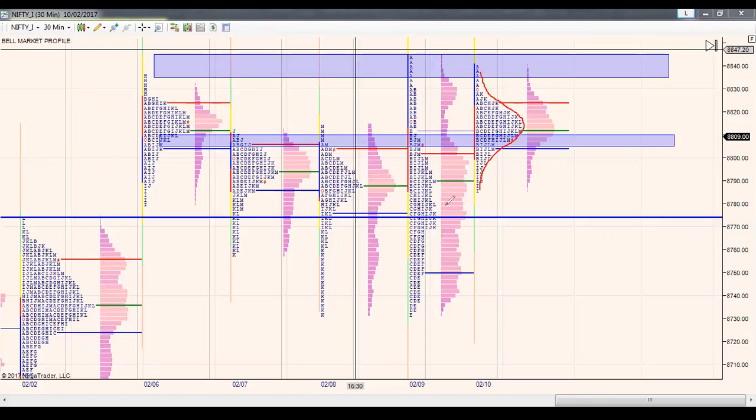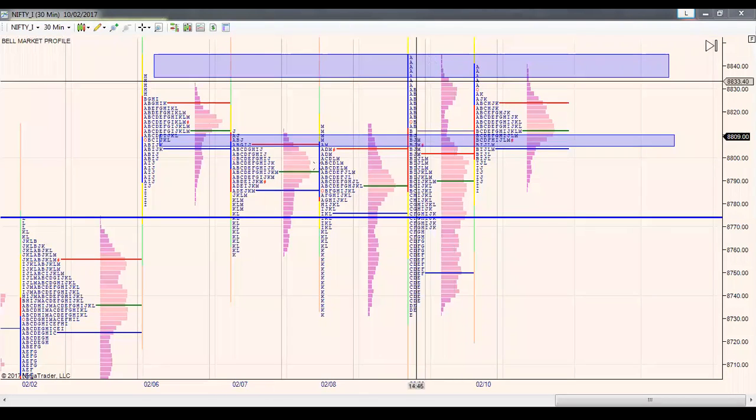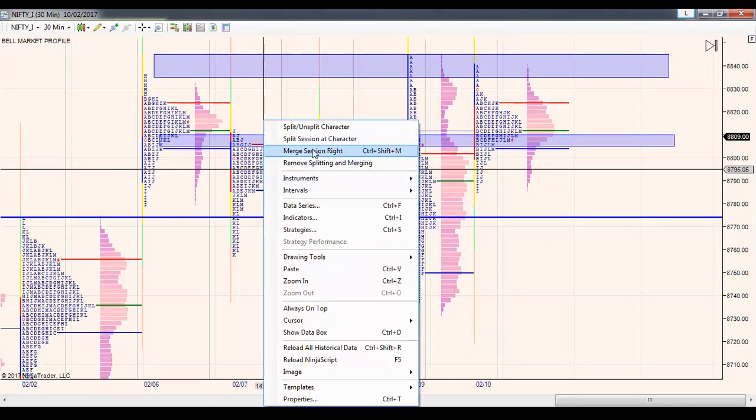Yesterday was not what you can say a nice profile. It was pretty weird, a bit stretched out, a lot of anomalies here. No clear value, as in a nice thick point of control. We couldn't find that. So what we can do here is just merge these profiles